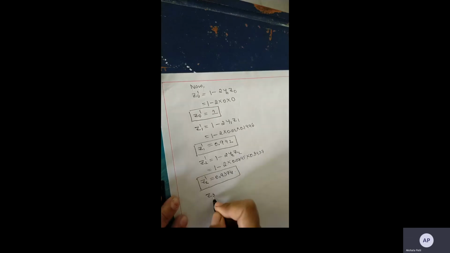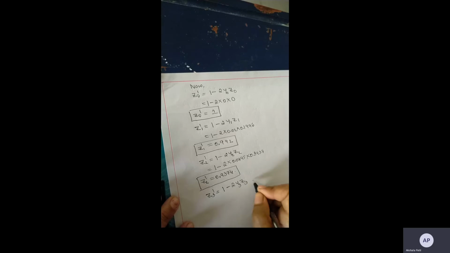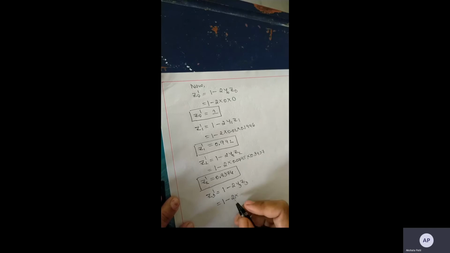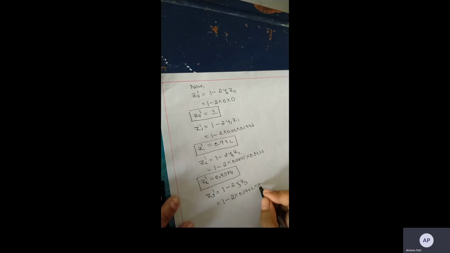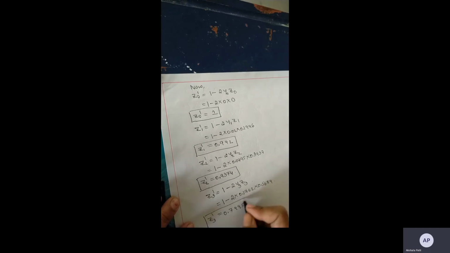Similarly, calculate z3 dash. Z3 dash equals, again the first order ordinary differential equation, 1 minus 2 into yz. Y becomes y3, z becomes z3. So let us substitute the values of y3 and z3 here. Y3 value is 0.1762 and z3 is 0.5689. Now simplify this one, we will get z3 dash which equals 0.7995. Okay, so now let us prepare the table here by using all the data.